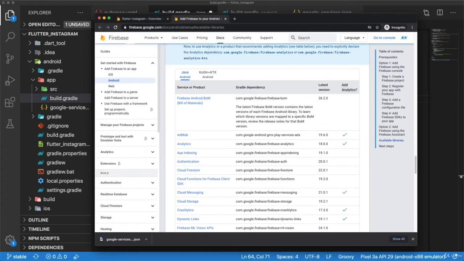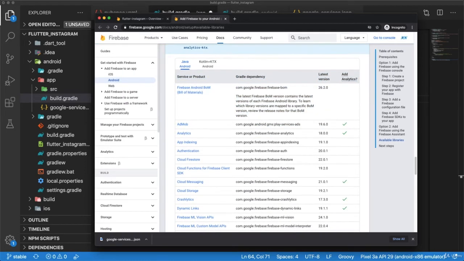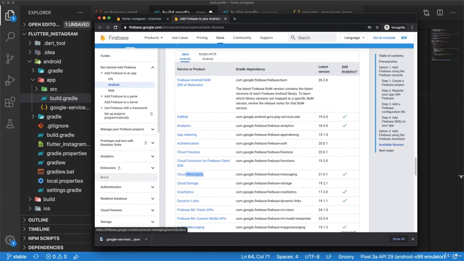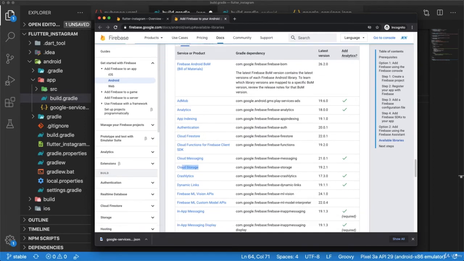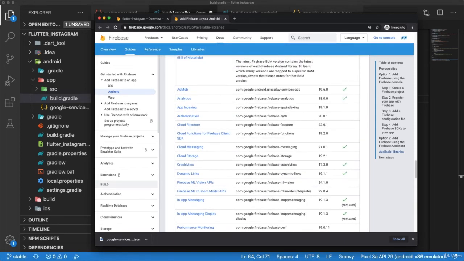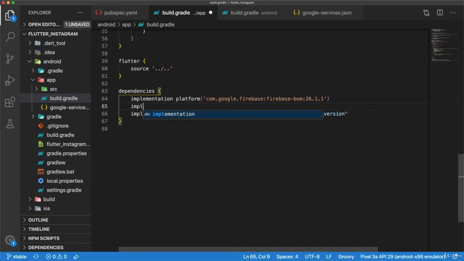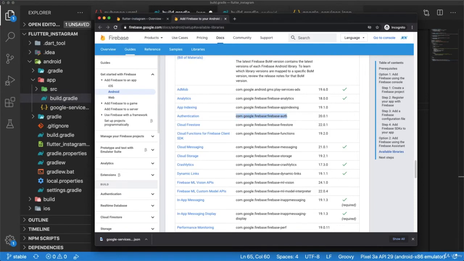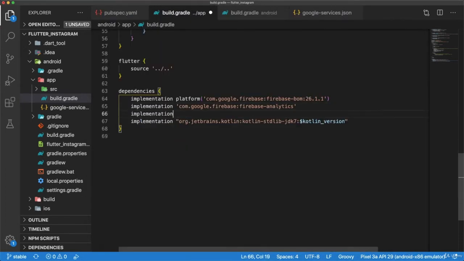And here we have things like analytics, authentication, Cloud Firestore, cloud messaging, cloud storage, and a ton of other Firebase products. For our project, we're going to be using 4 of these products. The first is analytics, next is authentication, Cloud Firestore, and lastly, cloud storage. So here we're going to copy com.google.firebase firebase-analytics. And here we can write implementation and paste that in. Next, we'll do the same for authentication. Copy that, implementation, paste it,